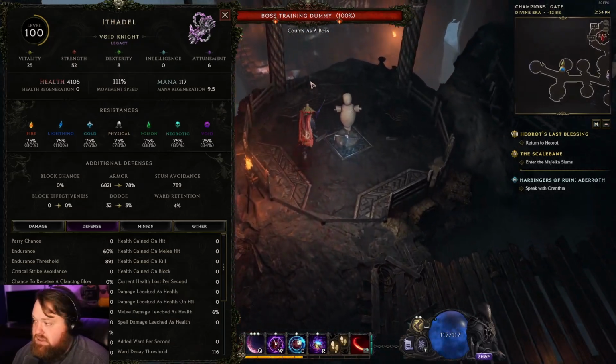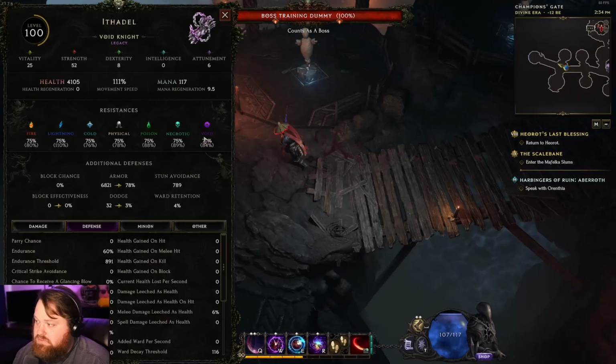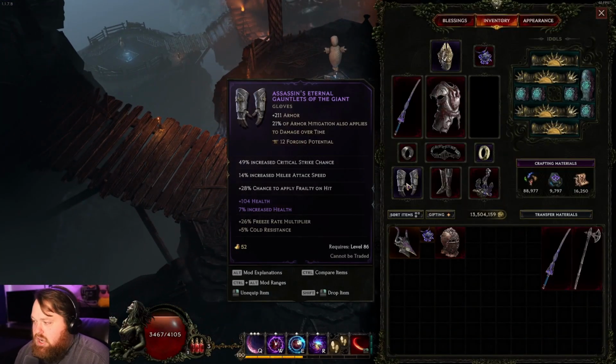111% movement speed. This is a very fast build, and then you still got the Void Cleave. Right, very, very speedy. For your gauntlets, you're going to want Eternal Gauntlets. I went for critical strike and melee attack speed, chance to apply frailty and health. If you can squeeze it in there, see if you can seal the frailty and then put armor shred and